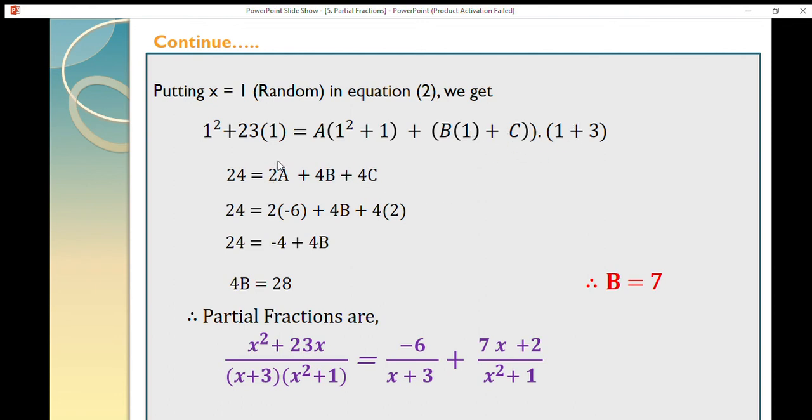Fine. Now the values of a and c are already known to us. Substitute them there and simplify it further. This is minus 12 plus 8, that is minus 4. Hence the value of b is 7. So the partial fractions of the given rational fraction are, substitute a, b and c there in the first equation again. That is your required partial fractions. Okay, so we'll stop here. We'll take some more examples in lecture hours. Thank you and happy learning.